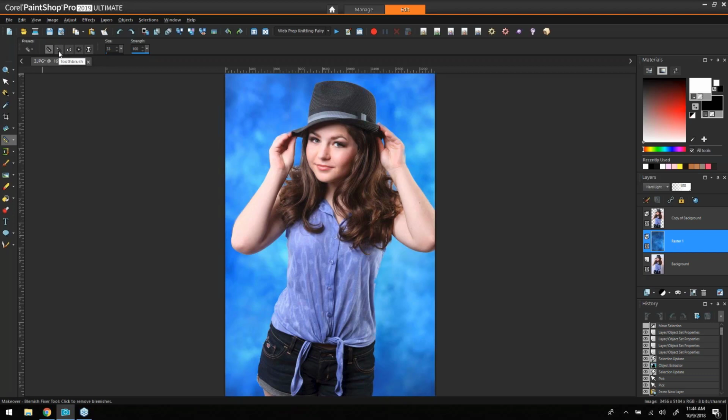The toothbrush, which will whiten teeth. The eyedropper, which is supposed to help remove redness in the eyes. Suntan, I don't know that I've ever used, honestly. And Thinify. Thinify is fun. Thinify will take